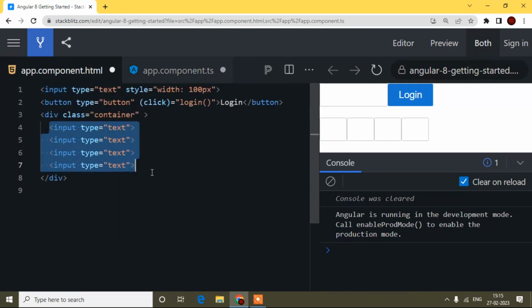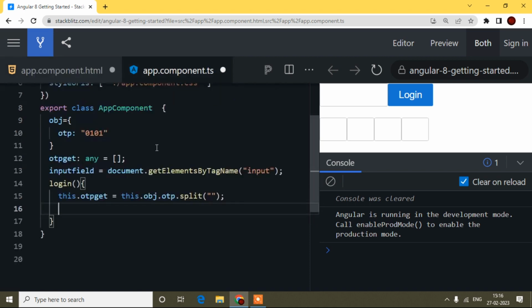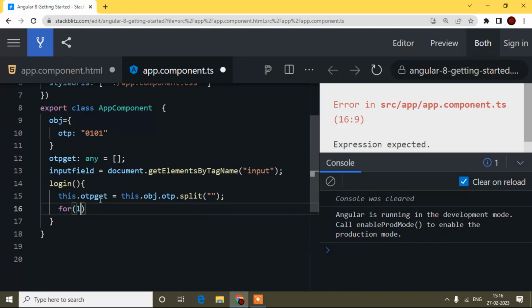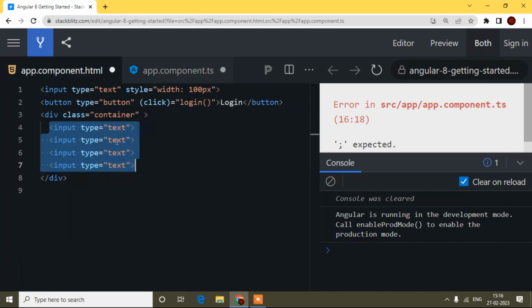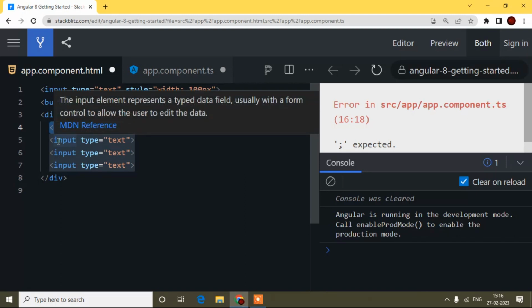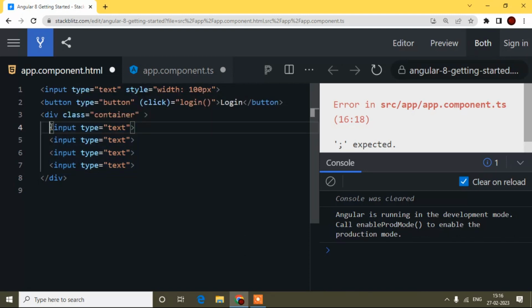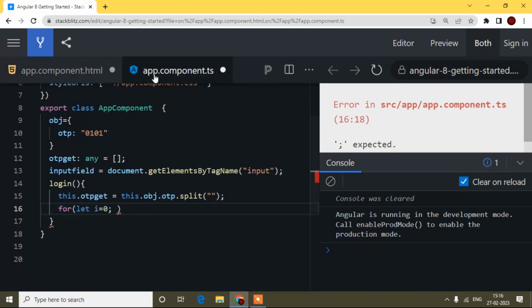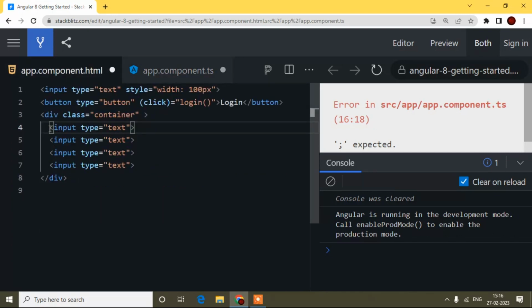So multiple times means I have to write a loop. Just keep it in your mind, when we take multiple things, we write a loop. Here I will use a for loop. Now I will write for, and after that let i equals 0, because I will put values from the start onwards, right? I already said arrays start from 0. When we have multiple things, it is an array, because in a variable we store only one thing, but with an array we can store multiple things. So when I'm using multiple things, I will just consider it an array.